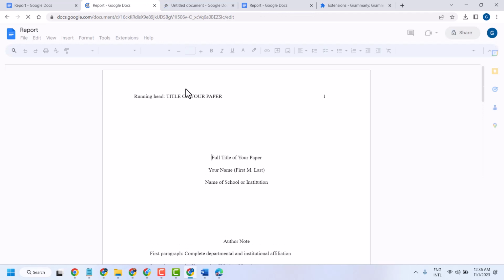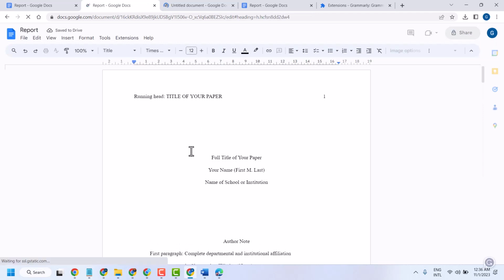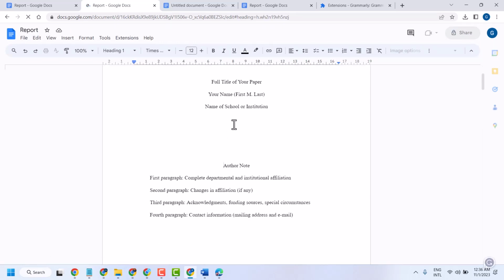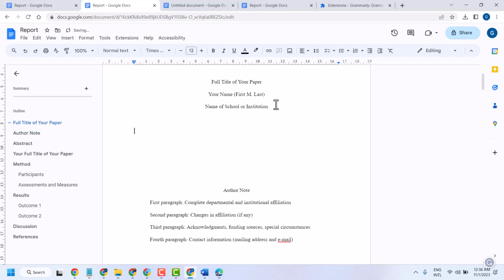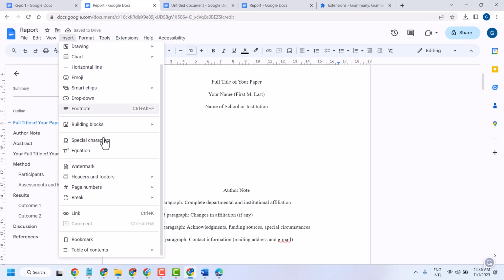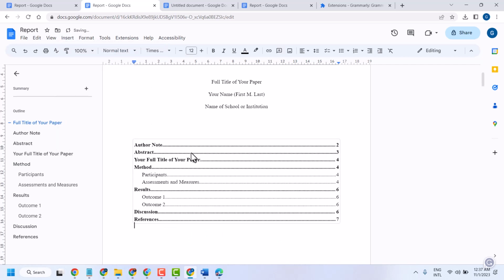Open Google Docs, any document. Now select the area where you want to insert the table of content like here. Then insert and scroll down and here the option table of content. You can select any type of style like this. Once you click on it,